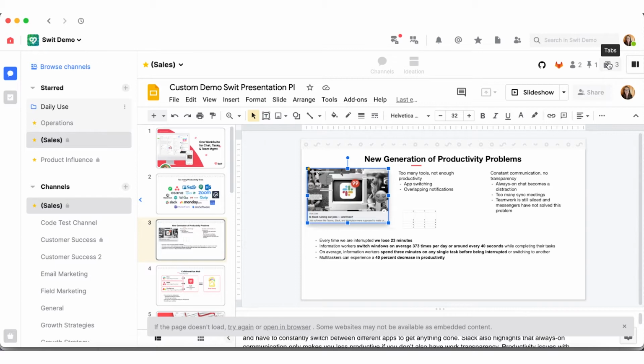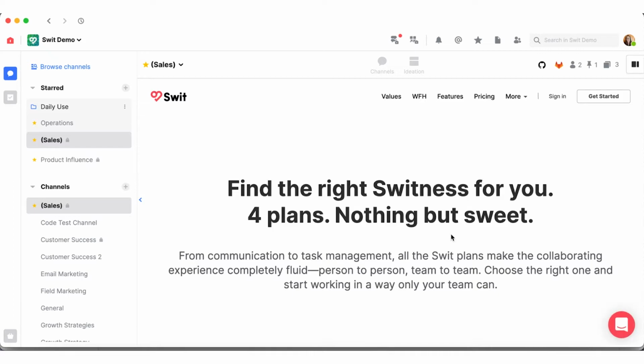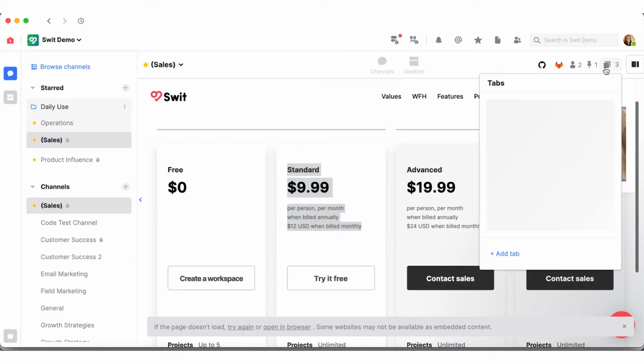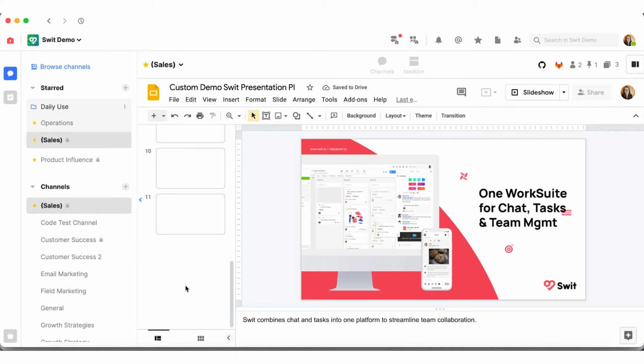Instead of having to open a browser window, Google it, click on a link, and search through multiple website pages, I can simply go into tabs and select the pricing tab. As you can see, the page I'm looking for pops right up, and I can gather the finishing touches for my presentation. I can easily return to my sales presentation with only one click, which saves me a bunch of